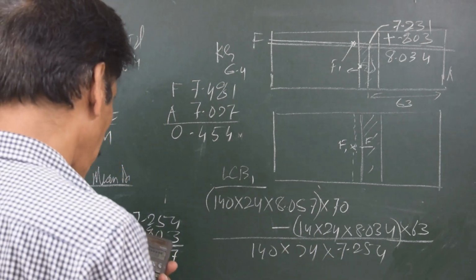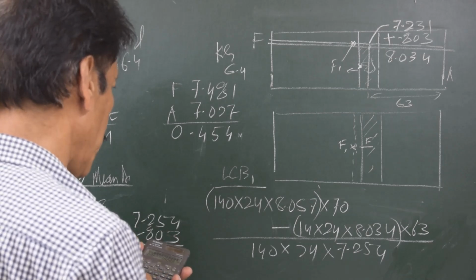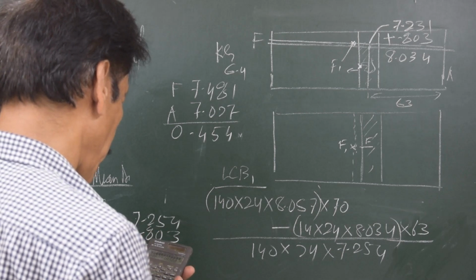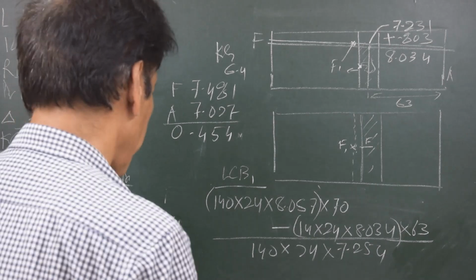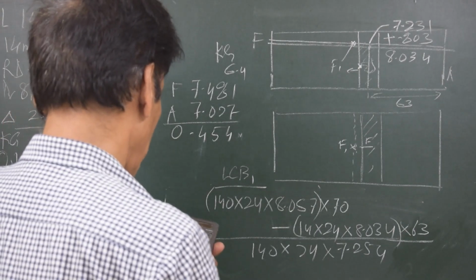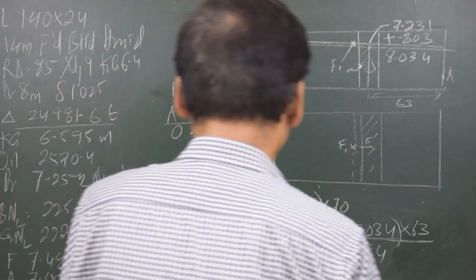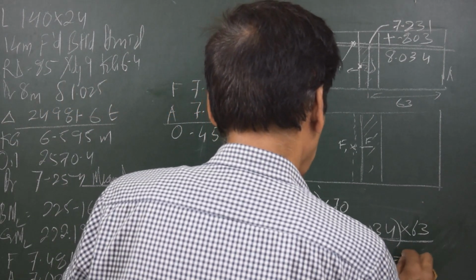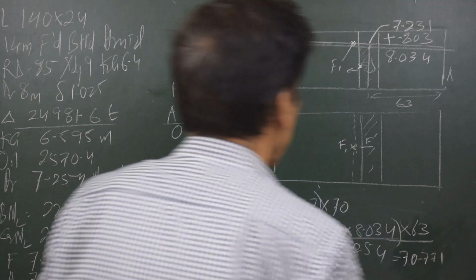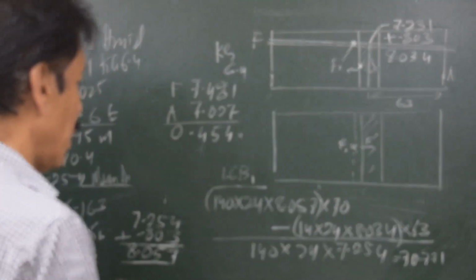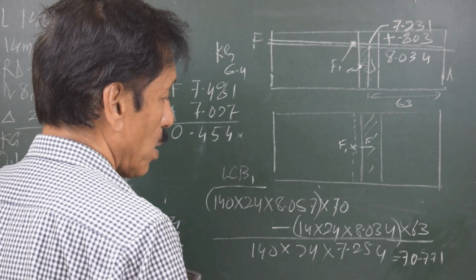So let's do the calculation. 140 into 24 into 8.057 into 70... gives me 70.771. This means that the center of buoyancy, which was 70 meters from the aft, now it is 70.771 meters